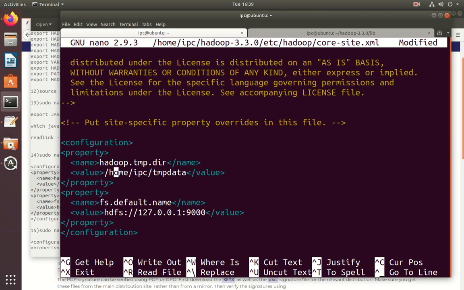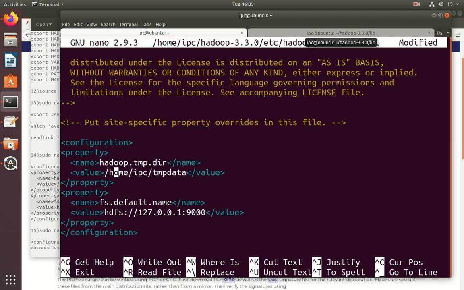To set up Hadoop in pseudo distributed mode, you need to specify the URL for your name node and the temporary directory. The temporary directory is for the map and reduce process. So don't forget to create a Linux directory in the location you specified for your temporary directory. I specified home IPC user tmp data.